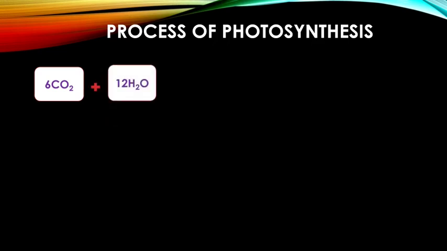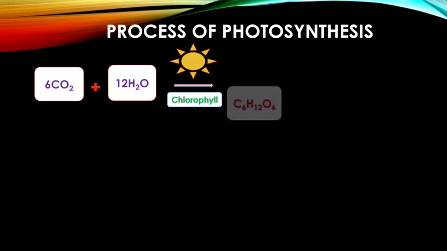This carbon dioxide reacts with water which is present inside the thylakoid membrane, inside the chloroplast, where I will show you after some time. This reaction of carbon dioxide and water takes place in the presence of sunlight and chlorophyll pigment, where the chlorophyll pigment is present inside the chloroplast, and it forms sugars like glucose,